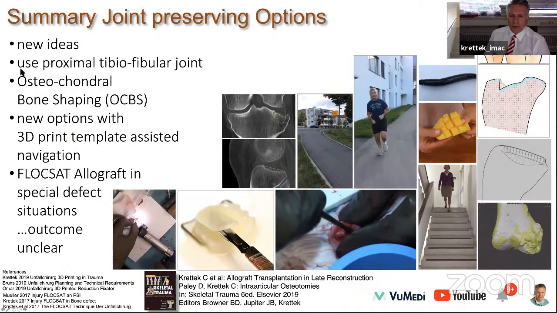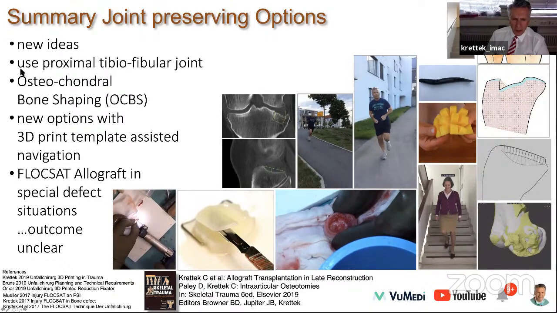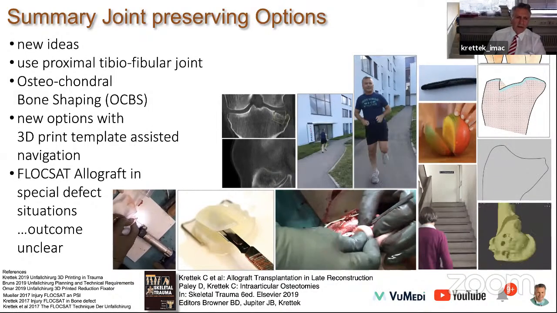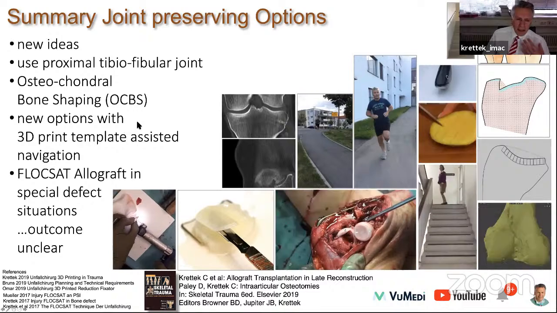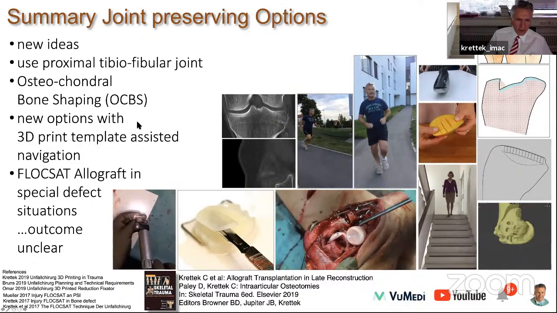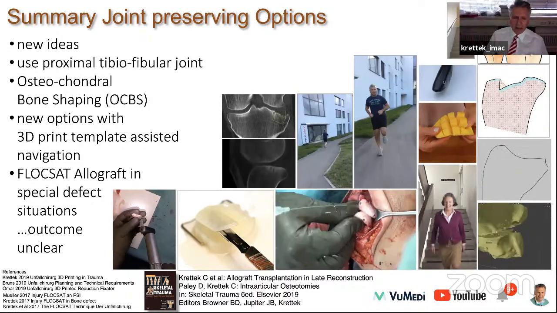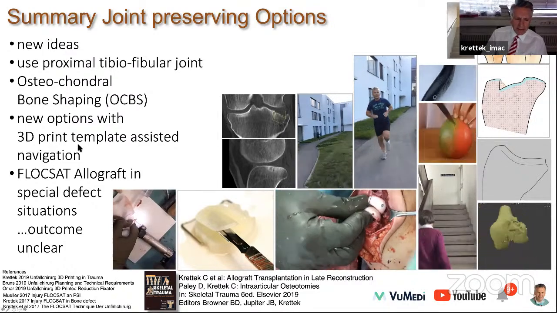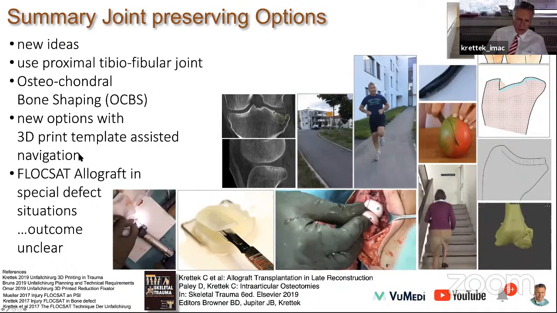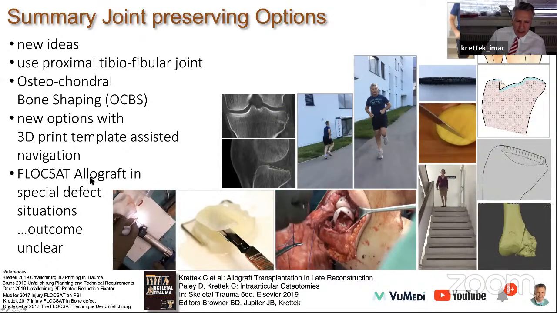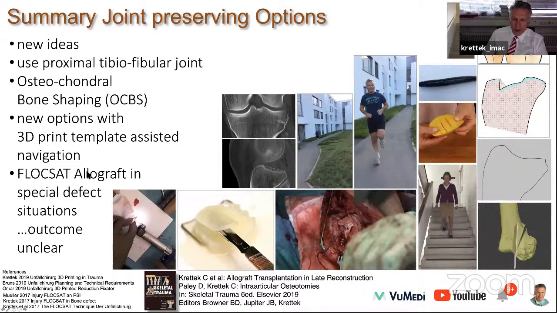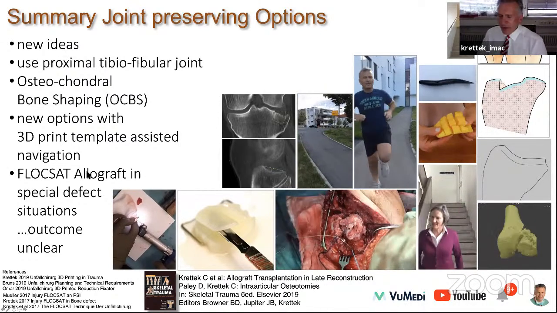For example, using the proximal tibiofibular articular surface and doing some osteochondral bone shaping. There are new options on the horizon with 3D printed templates and template assisted navigation during osteotomy. And finally, allograft transplantation. It's an old method, but I think there are still good